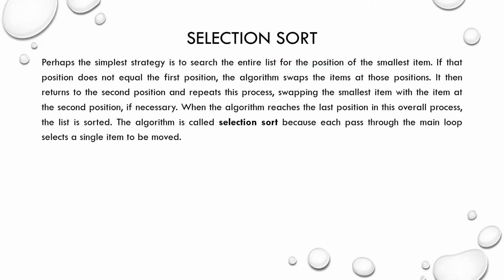What is selection sort? First of all, before understanding selection sort, we try to find out the meaning of sort. Sorting is to arrange the elements, whether they are integer or float values or strings, in some order. Then it is known as sorting. If we are arranging the elements in ascending order, then it is known as sorting. And if we are arranging the elements in descending order, then it is known as